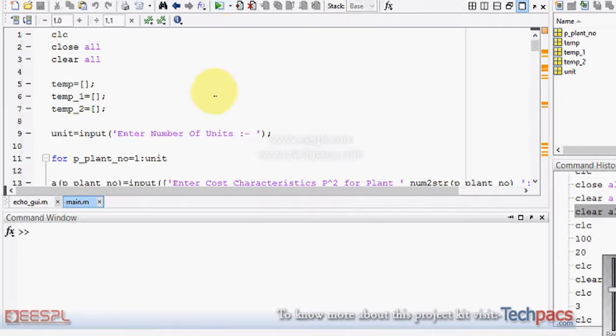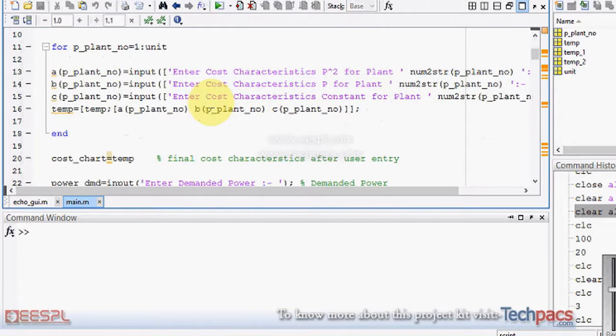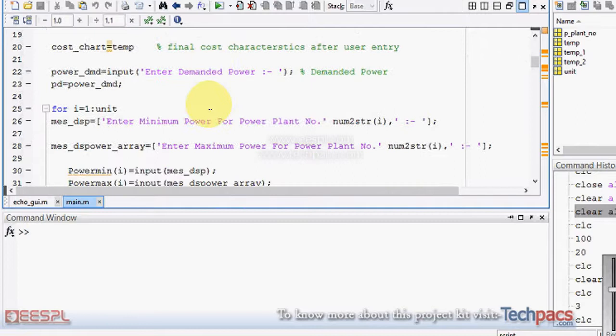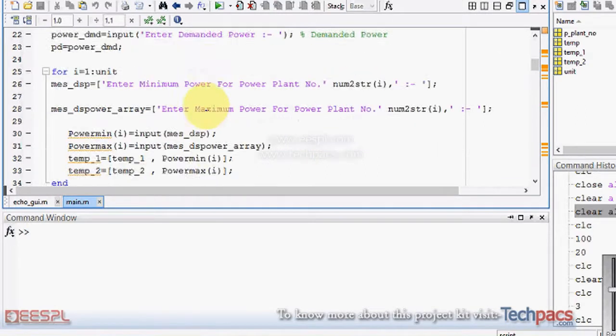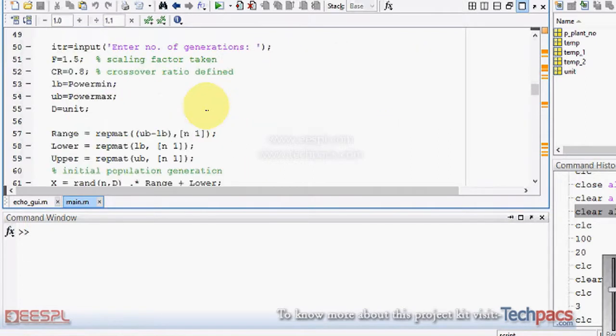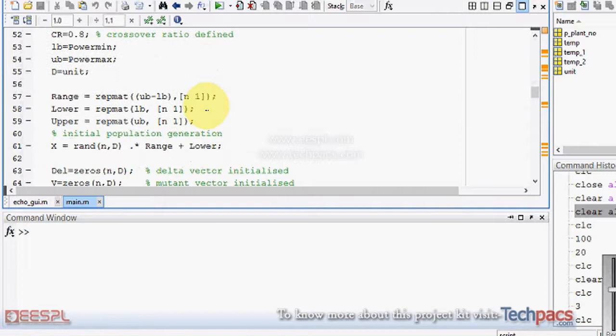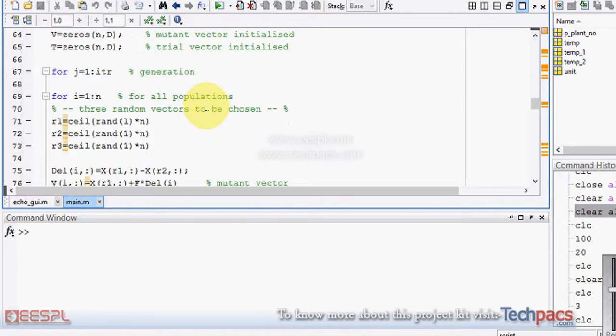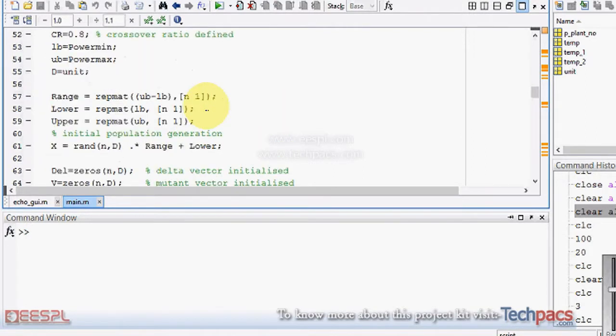So when I run this code, this is a problem which is practically taken from an electrical book, in which basically there are 3 power plants, the cost characteristics of those are given, the demanded power will be given, and the minimum power and the maximum power of each plant will be given. On the basis of that, the loss coefficients will be there, and finally by using the optimization algorithm, we will find the finalized results, that is how much power there will be for power plant 1, 2 and 3, so that the costing will be less and the demanded power can be achieved. So this is the major objective, which is known as the economic load dispatch problem.